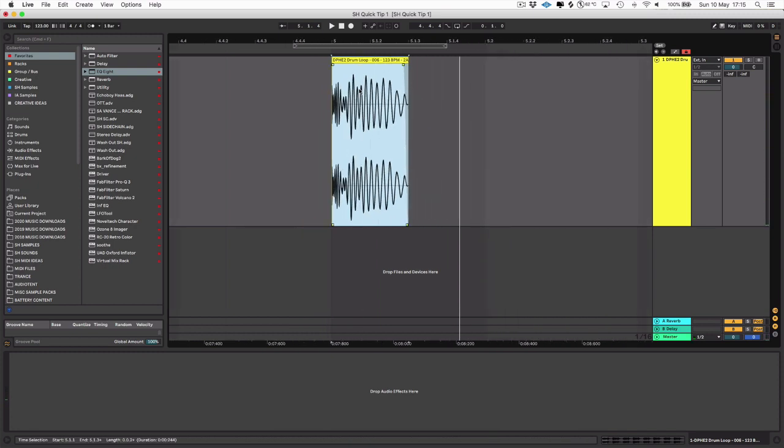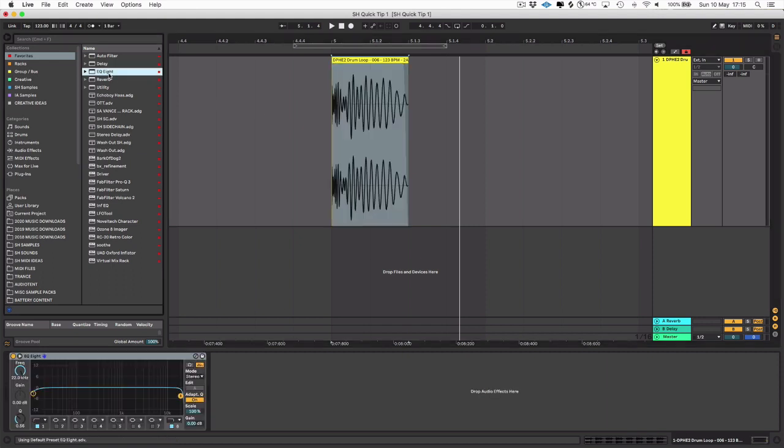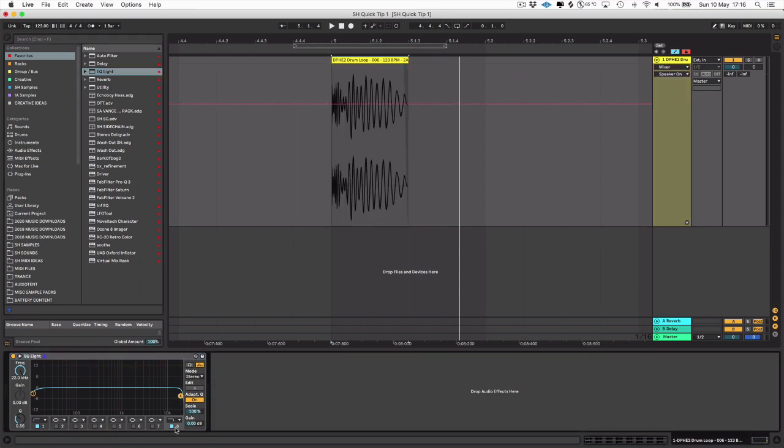And then we want to get rid of the high frequency hat sounds that we can hear there. So we'll use the EQ8. And we're going to add some automation to take those out. So we'll use the high cut on the EQ8. We go to automation view